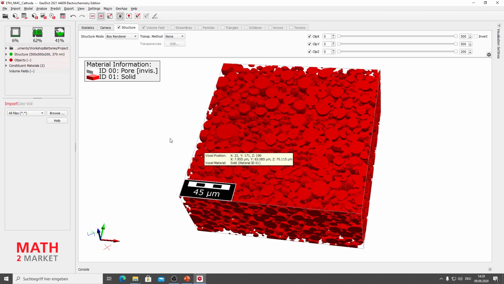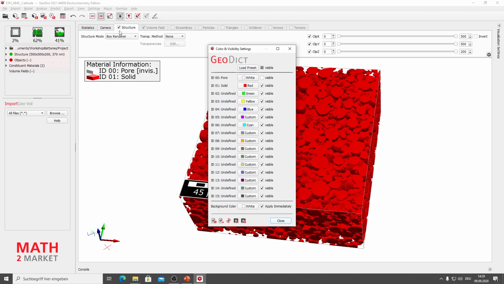So this is what it looks like for you right now, I imagine. So if you want to change it to some nicer colors and a better look, please follow my steps. You go to this little icon here and just click on it with the left mouse button. And then you have the option of choosing different colors for different materials. We only have material ID 0 for the pore at the moment, and material ID 1 for solid material, which is NMC in our case. So if you want to change the NMC to something more pleasing, we can choose a different color and it changes. And maybe we will stick with gray for this workshop.